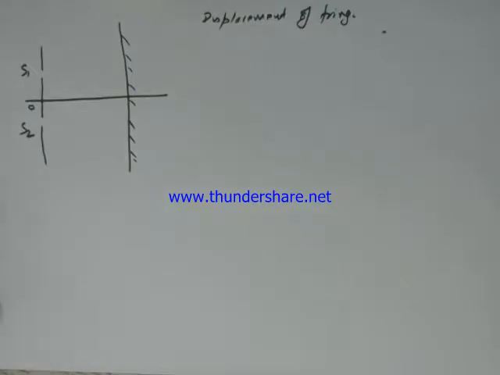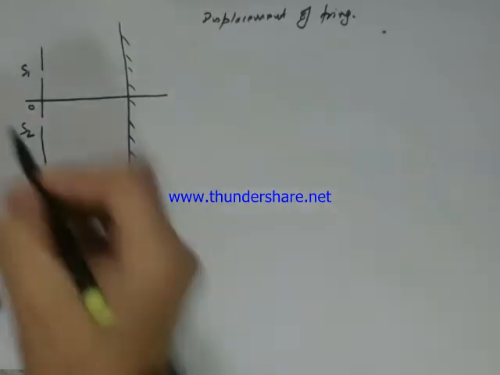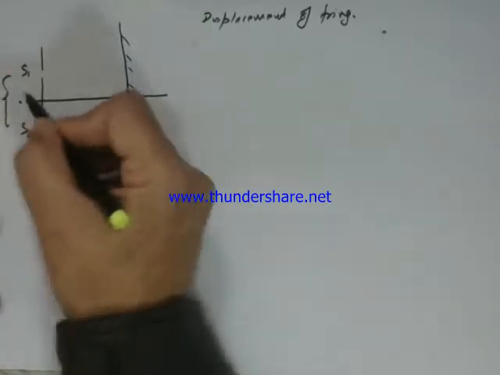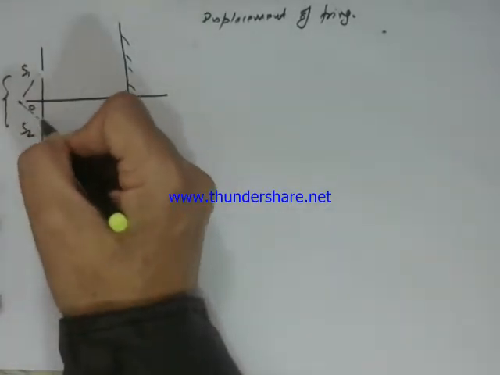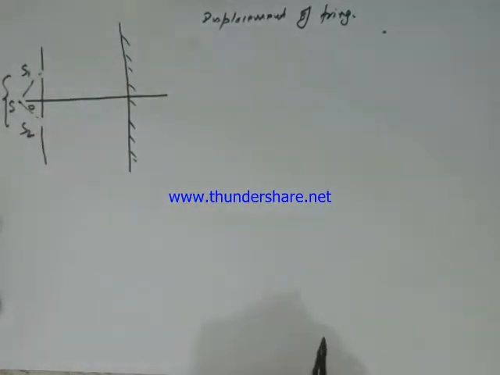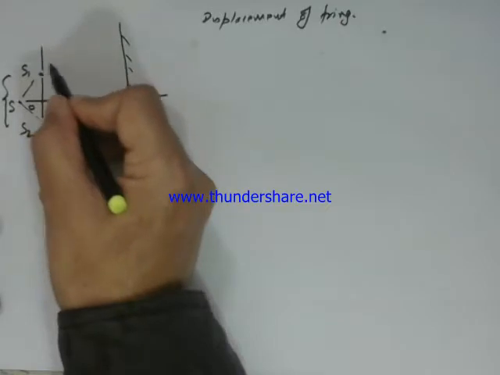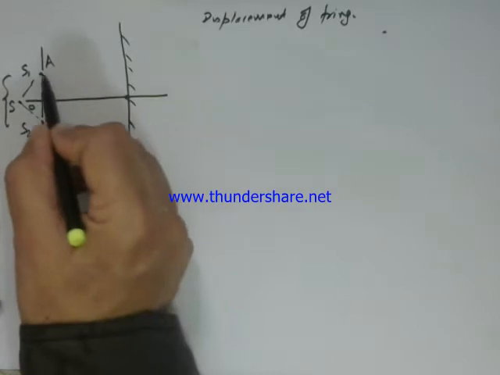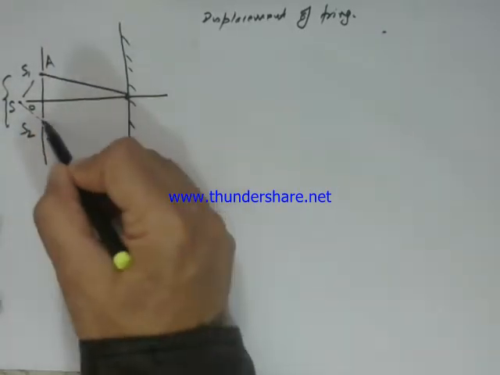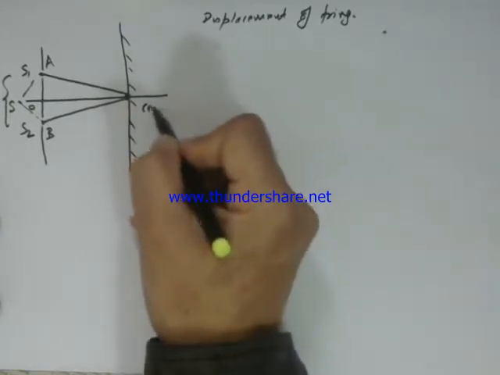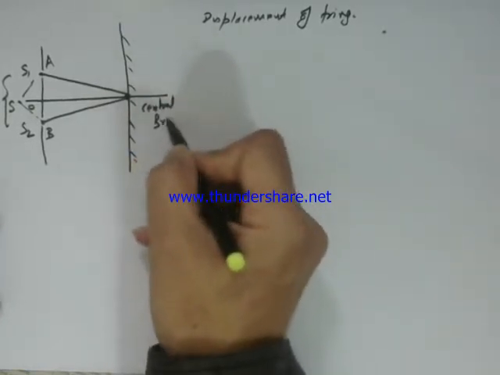In this lecture, we'll cover the concept of displacement of fringe in the double slit experiment. Let these two be the slits and the distance be d between them, and they are getting light from a common source S, so there is coherence, there is no phase difference at the point. Let this point be A and this point be B. So if they are starting from the same phase, when they travel equal distance, this will be the central bright fringe,